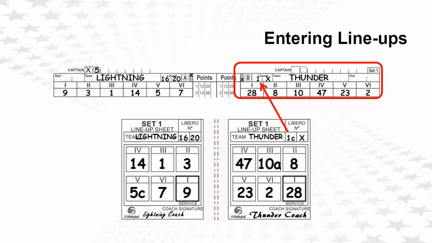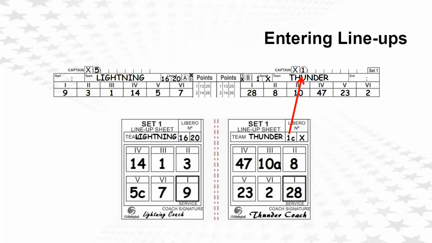Then enter Thunder's captain information. The libero, number 1, is allowed to be captain. But because the libero must leave the floor at some point, the coach may choose to declare an alternate captain on the lineup, as Thunder has done with number 10. After entering both lineups, give the lineup sheets to the assistant scorer, who will enter the information onto the libero